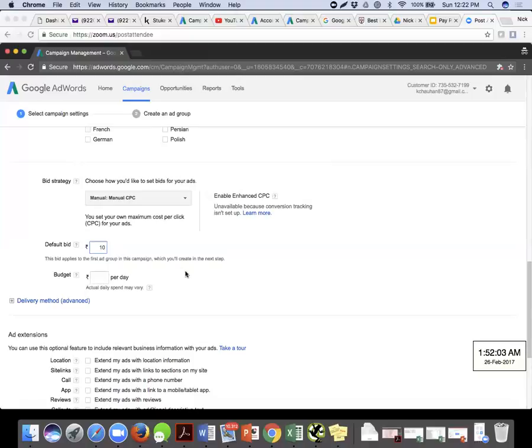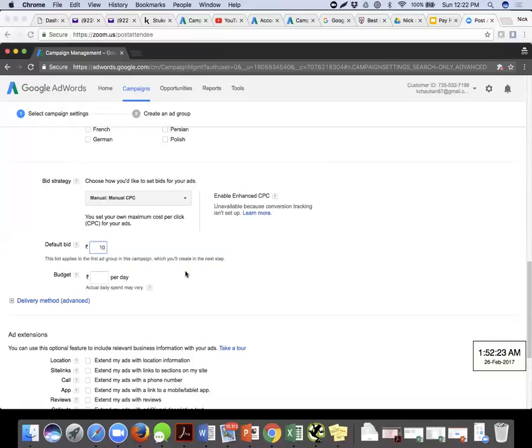So push your bid higher, at least for a week or 2 weeks. Try to capture a better position across the maximum with the help of the highest bid, better bid. When you have a higher bid, your ad will start showing in the topmost positions and so forth, because the quality score is not there.